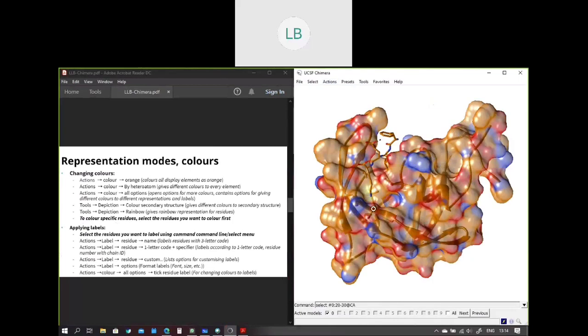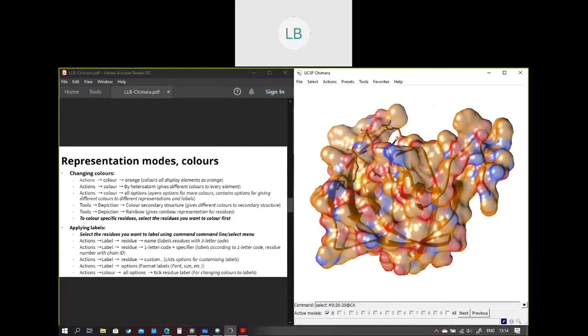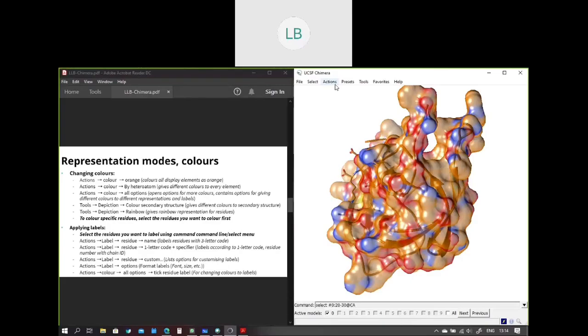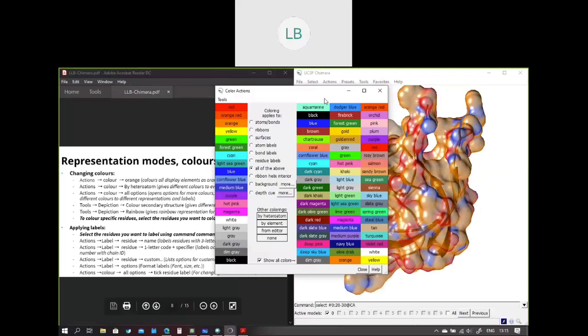And if you want, let's say if you want to choose a different color, so if you go to color, there are certain finite colors. Let's say if you want more colors, just choose all options and press show all the colors. It will show more color options. Choose the color that suits you best.